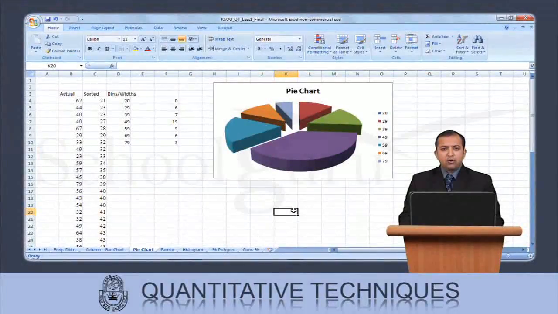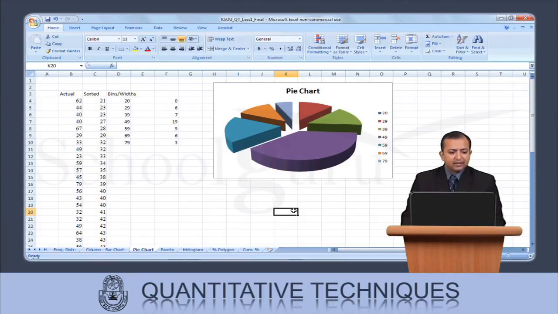Hello friends, how to make a pie chart on an Excel sheet. We also know that a pie chart is used for visualizing categorical data. On the screen you already see a pie chart. This particular pie chart is known as a pie chart in the exploded view format. We will draw a pie chart with an exploded view and also in a normal view.